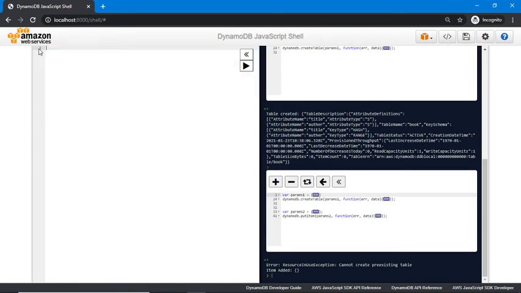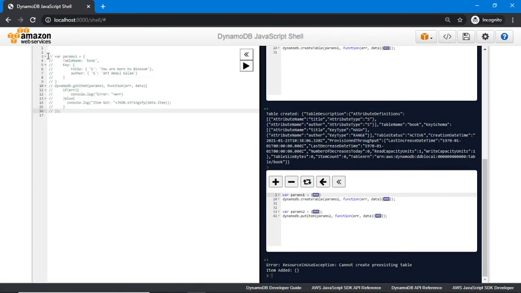I'm going to delete this because I don't want to get any error. The item is already added, and if you pass the same primary key and sort key again, it will show that the item already exists. To avoid that, I want to run only the get item command this time.